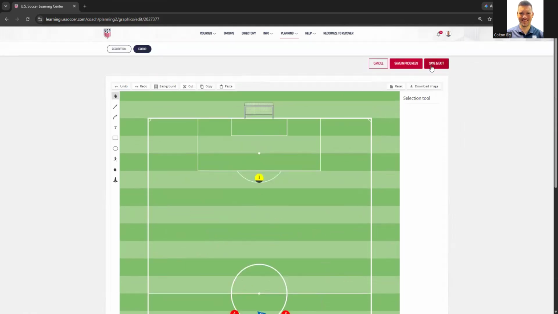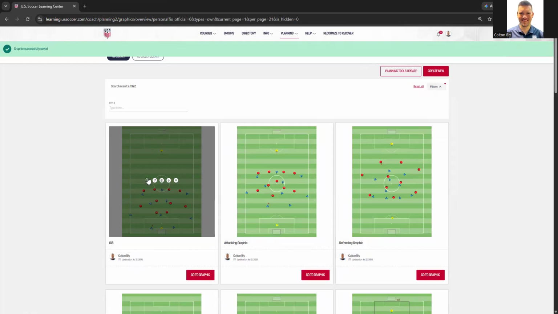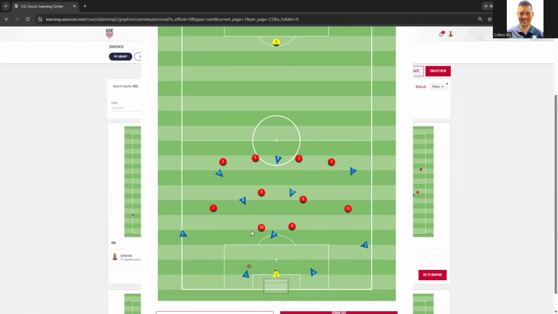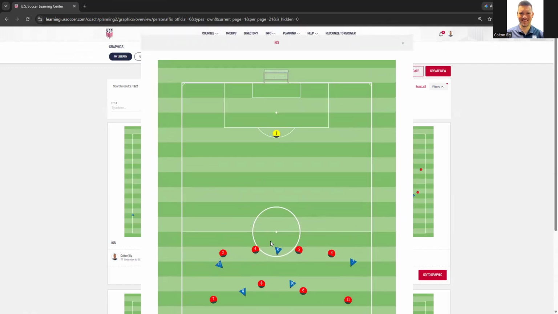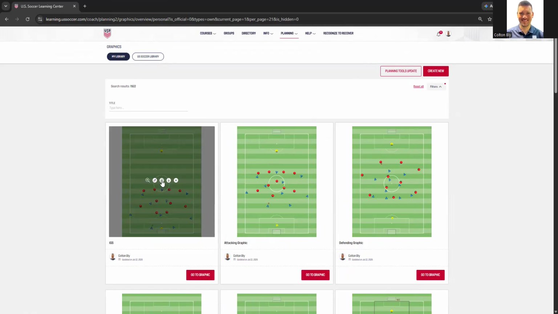So once that's done, you'll click save. Obviously, again, we expect a level of detail with that includes arrows for both the focus team and the opposition to illustrate the identified game situation and the desired behavior graphics before you get to the activity design. But let's say you are ready for the activity design. So what does that look like, and what tip do I have there for you? Well, you'll click on the duplicate button again,